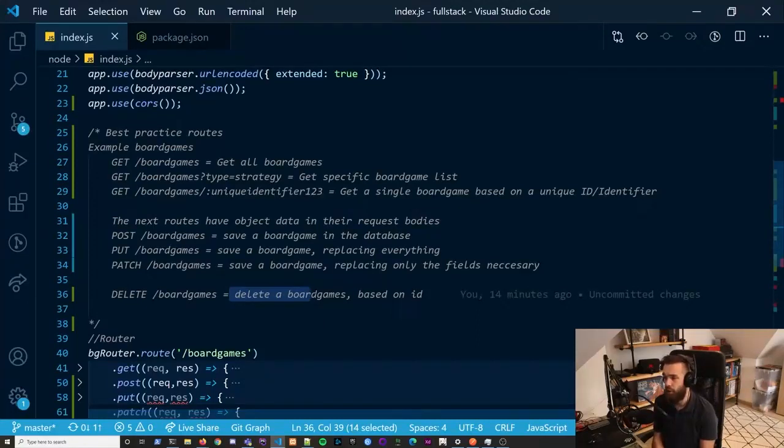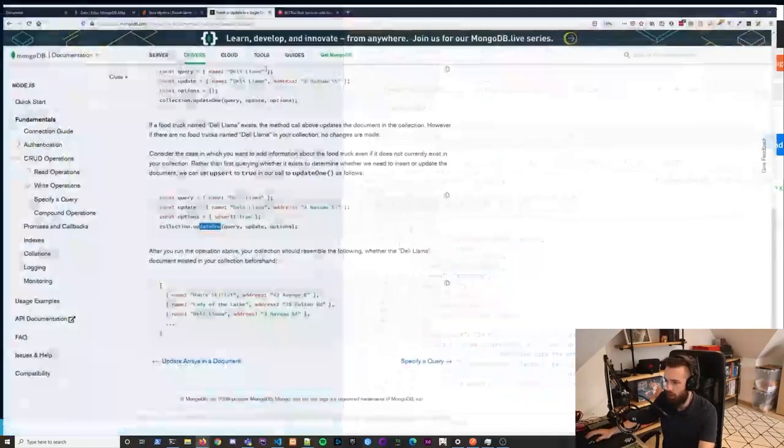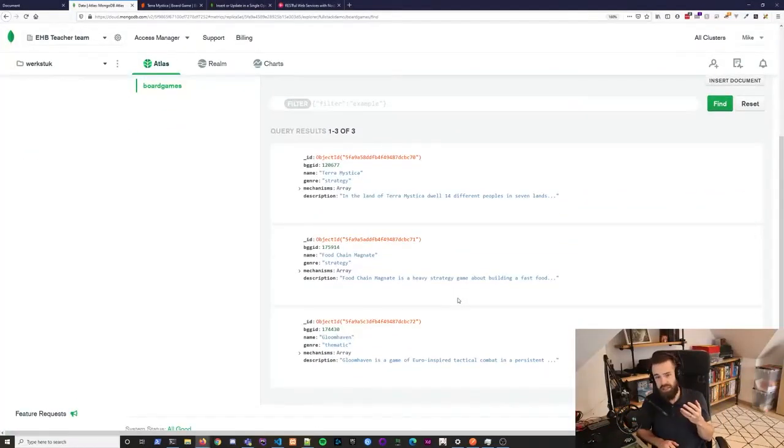I had a good scenario for one person who asked, what if we want to delete something from an object or a document? So for example, I will go to Atlas. So in this case, I have Terra Mystica. It has a genre, it has mechanisms, and it has a description. Say, my apologies, say that I do not need the genre anymore. I don't want it. And he asked,